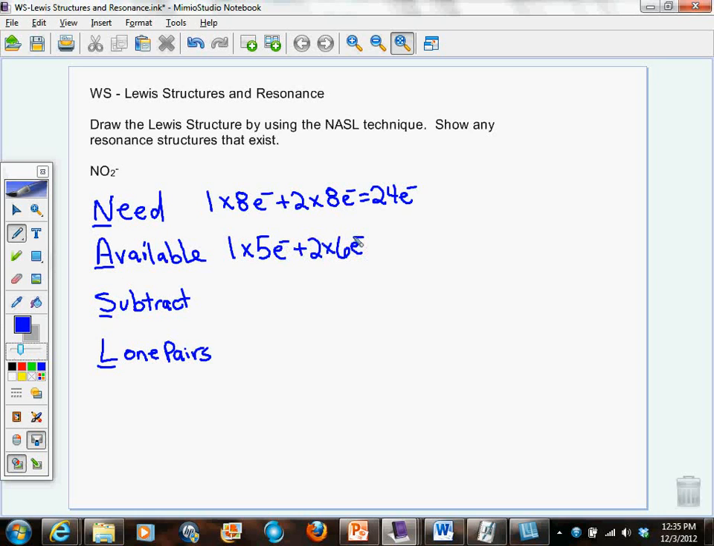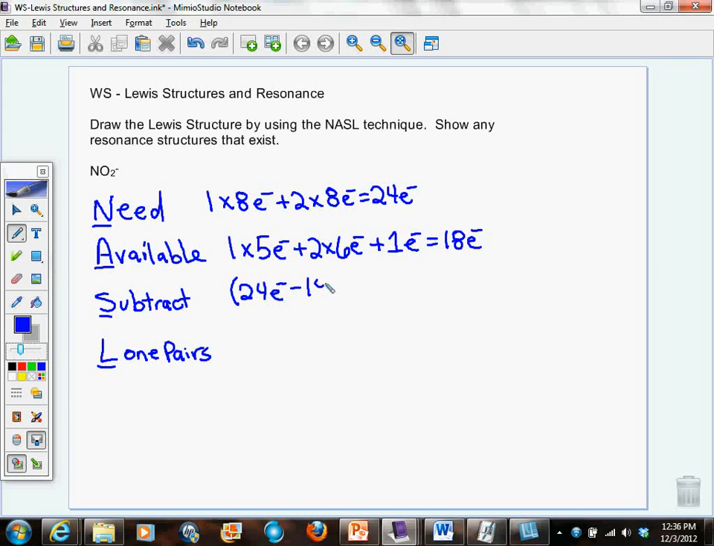Now, this particular polyatomic ion also has a charge of -1, so that is also available. We have that extra electron in there. We do that for polyatomic ions: we add it if it has a negative charge, and we subtract it off if it has a positive charge, because those electrons would be gone if it had a positive charge. In this case, since it's a -1, we have to add 1 electron. So our total amount of electrons available, 1 times 5 plus 2 times 6 plus 1, gives me 18 electrons. Now, we subtract. We need 24 electrons,